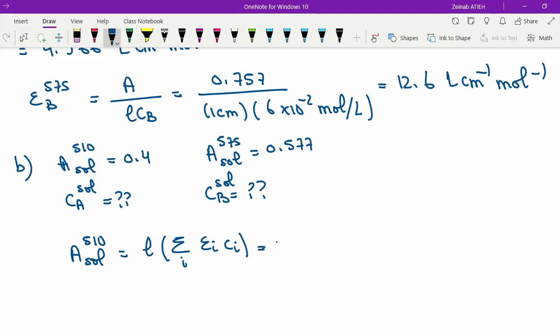Which means simply L times the molar absorption coefficient of A, the concentration of A that you are looking for in the solution, for sure, and the molar absorption coefficient of B times the concentration of B in the solution, for sure. Okay, so these molar absorption coefficients are at 510 nanometer. They are the same as those calculated above because they are characteristic of the particles of the salts, they did not